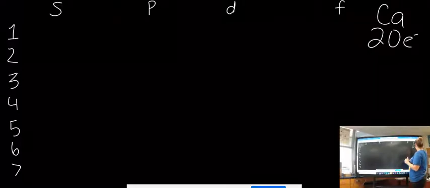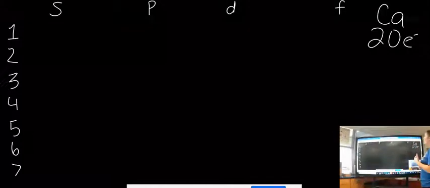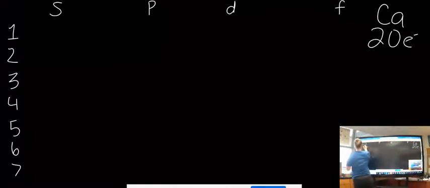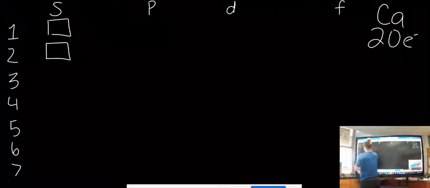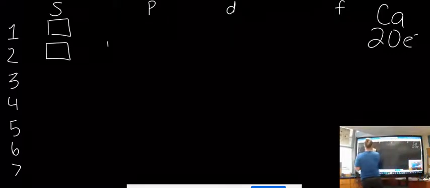All right, so first things first, we need to go through and draw boxes for each one of the orbitals and the shapes within that orbital. So we start at energy level 1. Energy level 1 only has an s orbital, so therefore you draw one box. There's no p orbitals in energy level 1. Go to energy level 2. We draw one box there. It also has a p orbital, which has 3 different shapes, so I need 3